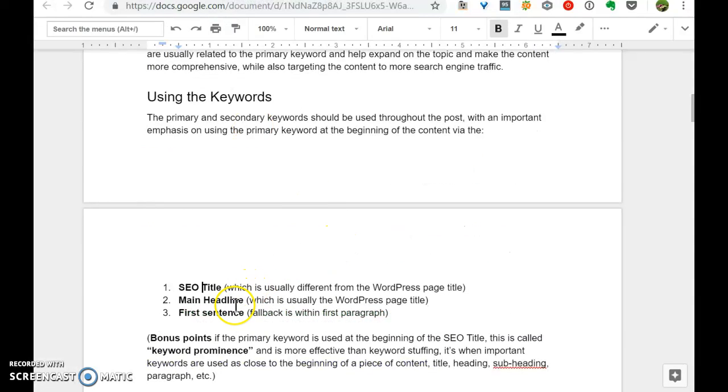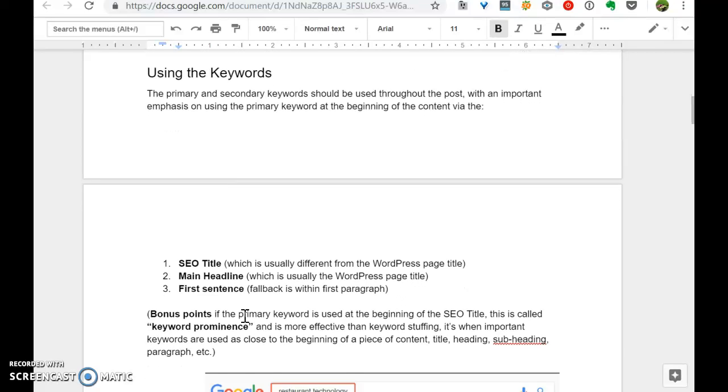So, SEO title, headline, which is the main headline of the post, and then the first sentence. These three are kind of the core. If we can get the keywords in there, we've done most of the heavy lifting already.